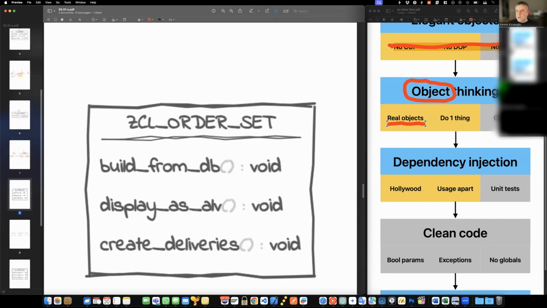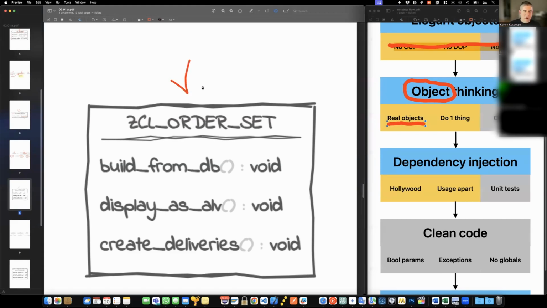So the other principle here is, each class should do only one thing. I mean, this is obvious, and this is probably obvious for most of you, but this is so often overlooked. For example, I have a class here, example class. This is, again, oversimplified. This is a real world case.